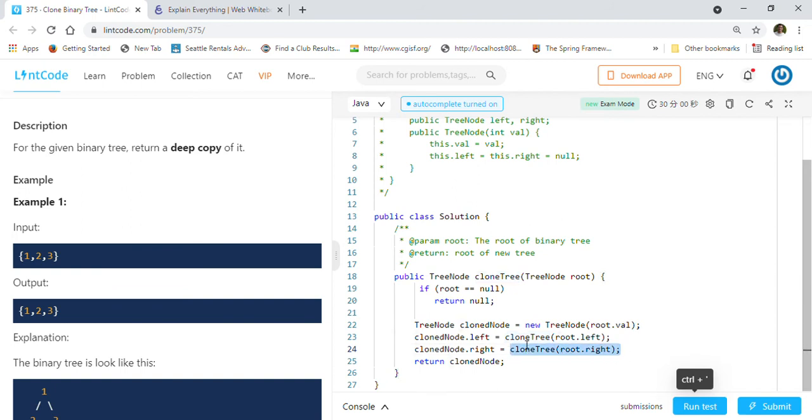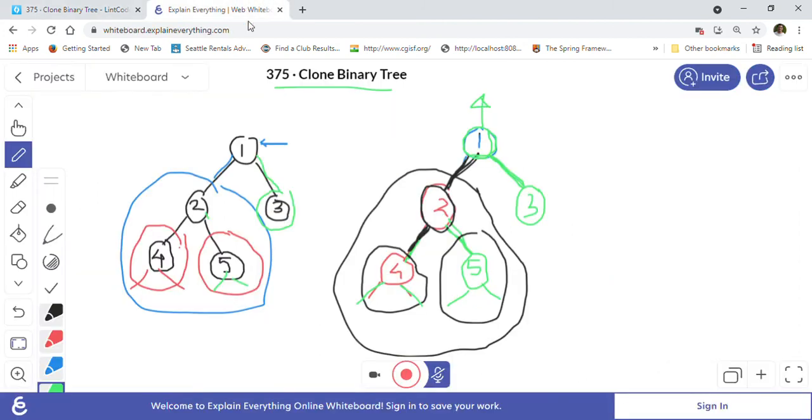The pointer that we get, we attach to our clone node. Clone node dot left will be the left subtree coming out of the clone function, and clone node dot right will be the right subtree coming out of the clone function, right? And after that we return the clone node. So this is how the cloning will work.